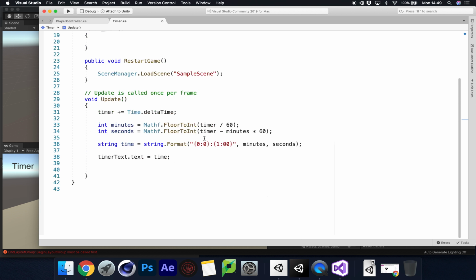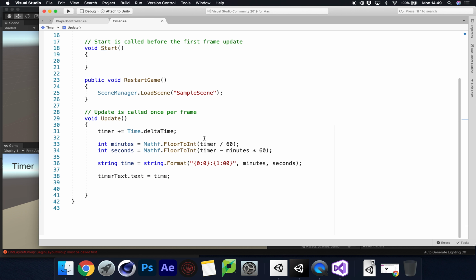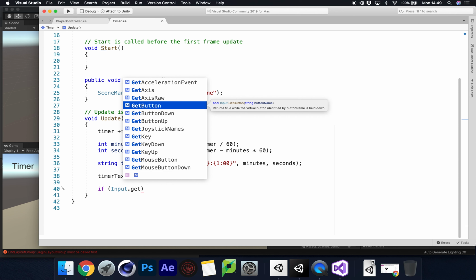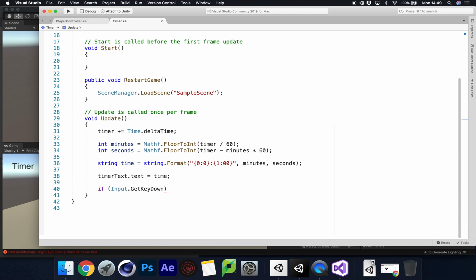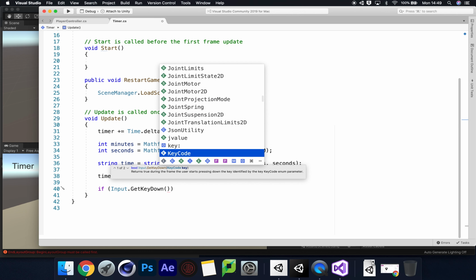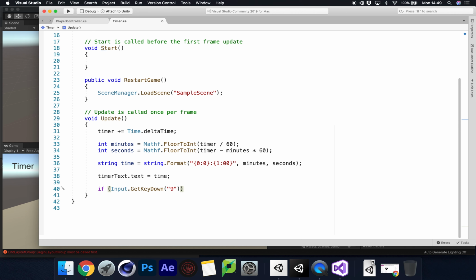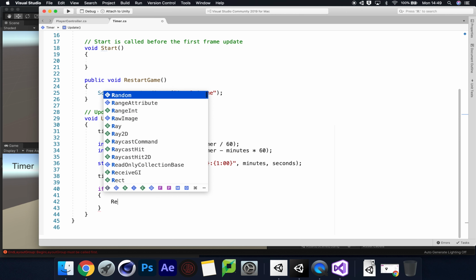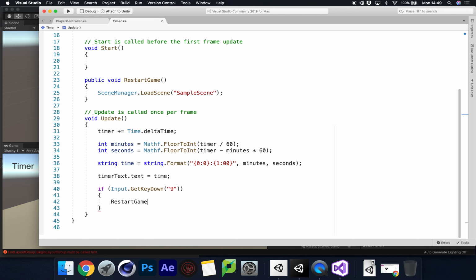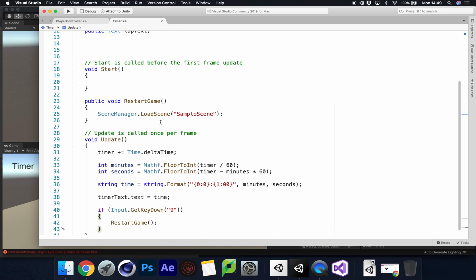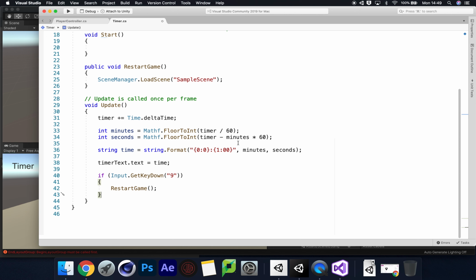Once we've done that, we need to say if input dot get key down. Where are you? Get key down. There you are. And then we can say who uses the 9 key. Nobody. So let's just say 9. We then can say restart game. There it is. Lovely. So that should do that. Restart game should reload our scene. If you press 9, then we need to sort out